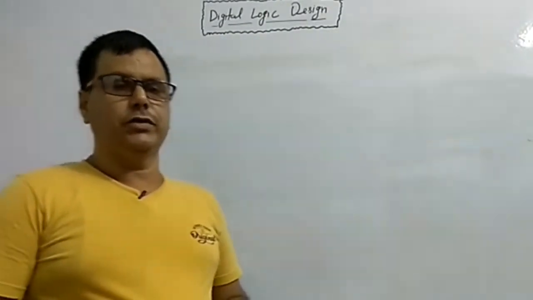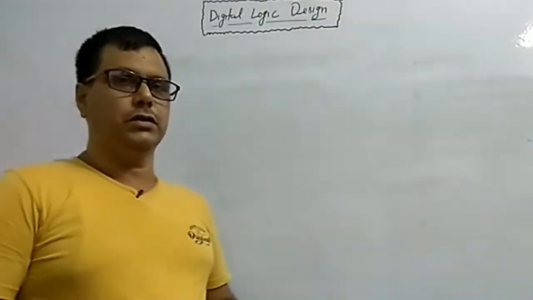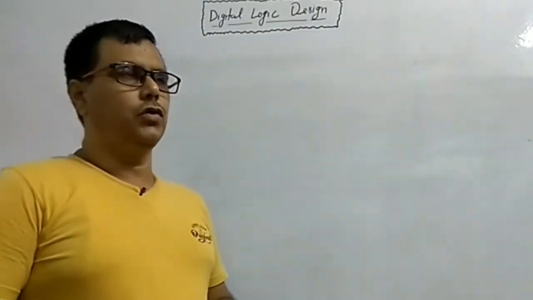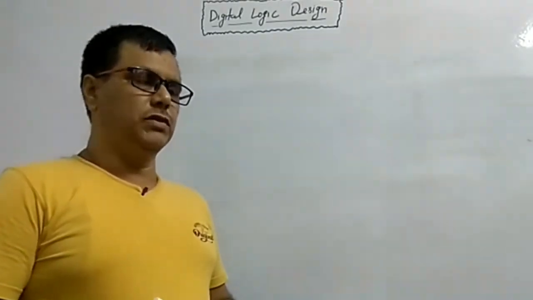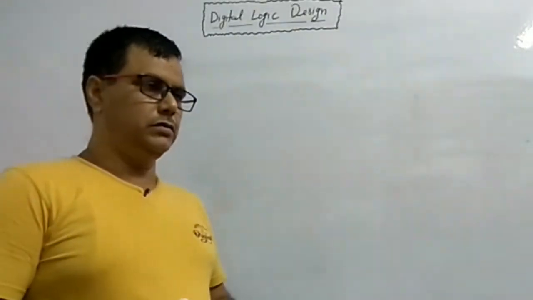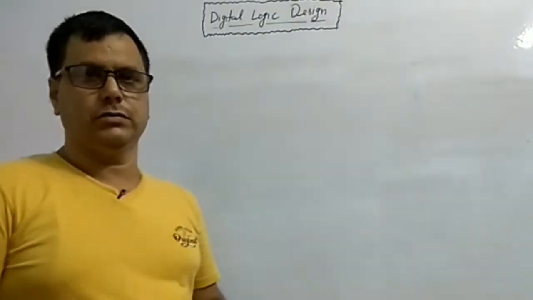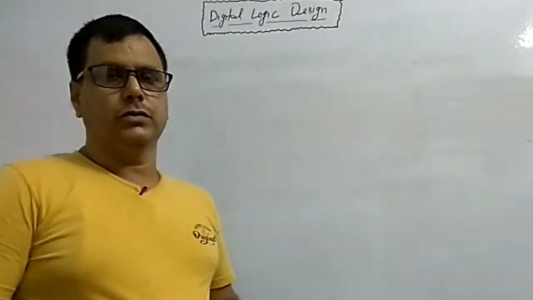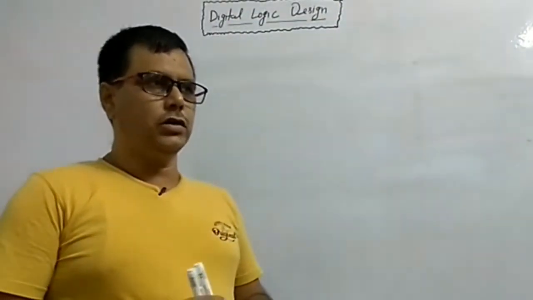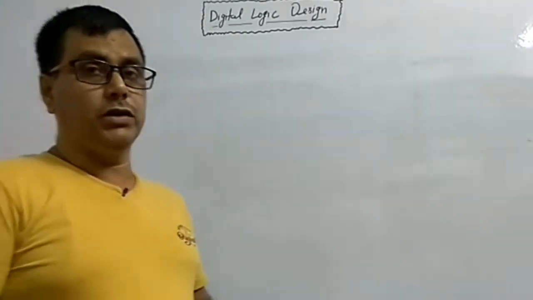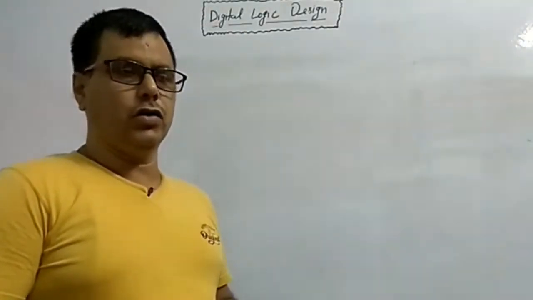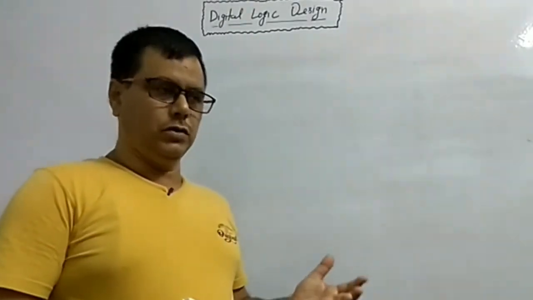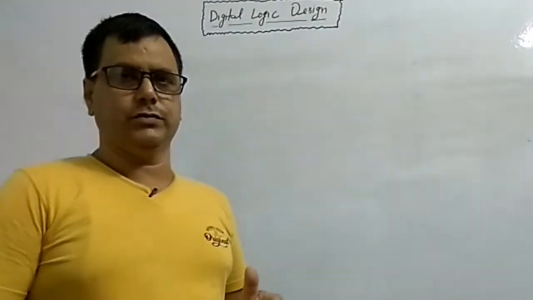Now in continuation of the fractional numbers conversion, in the previous video lecture I told you how to convert a decimal fractional into binary and binary fractional into decimal. Now here we are going to tell you the conversion of octal fractional into decimal, or decimal fractional to octal, hexadecimal fractional to decimal, and decimal to hexadecimal, and so on.